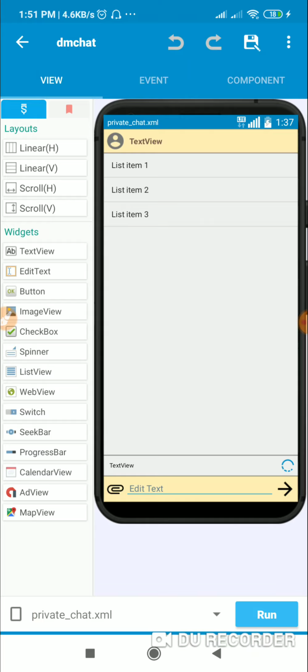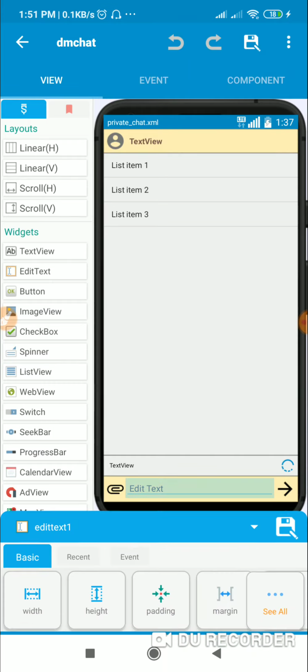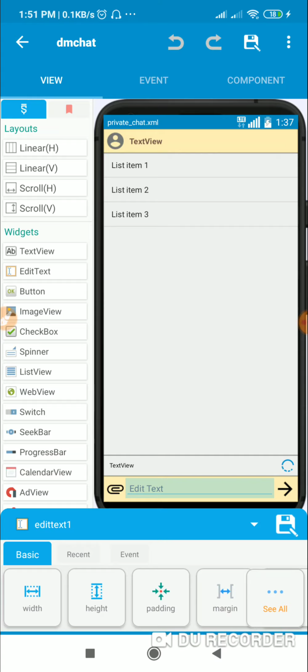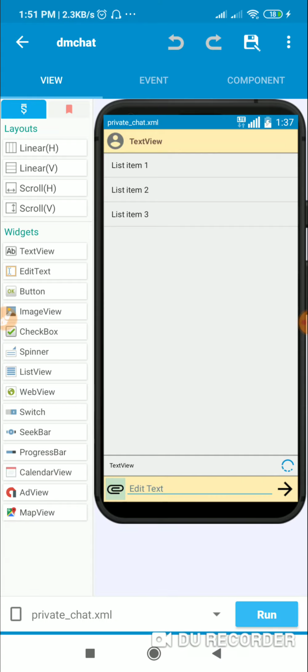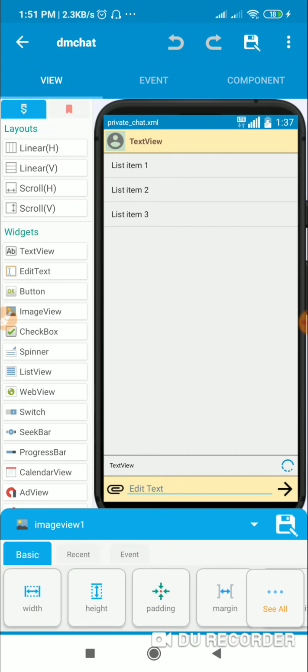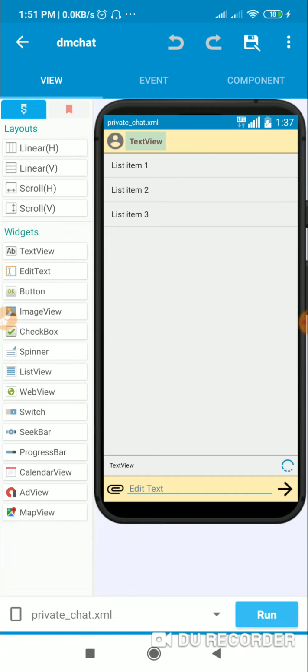I will be creating these videos in 4 parts, and now in the first part I will only show you how to send text messages. In the next video I will show you how to send images. So first at the top I have image view 1 and text view 1, and here I will display the image and username of the second user.